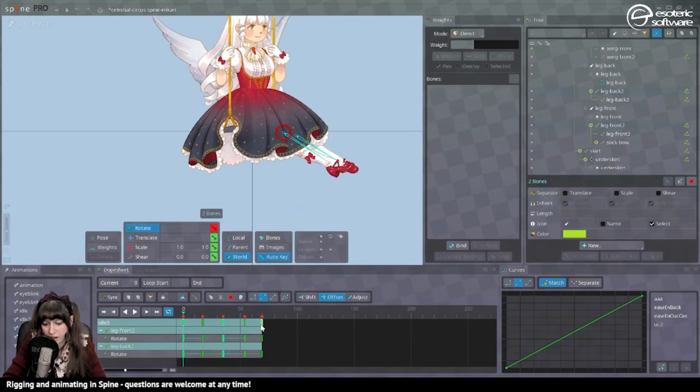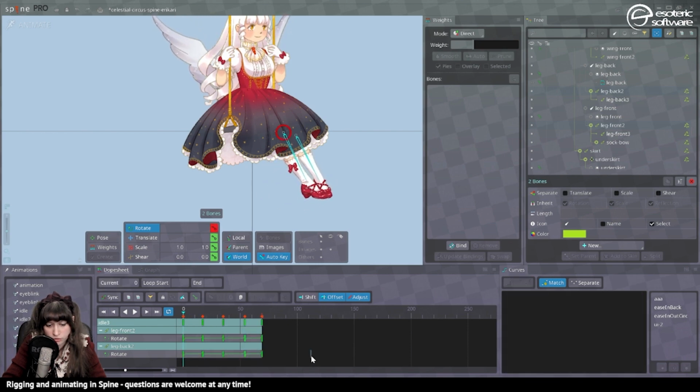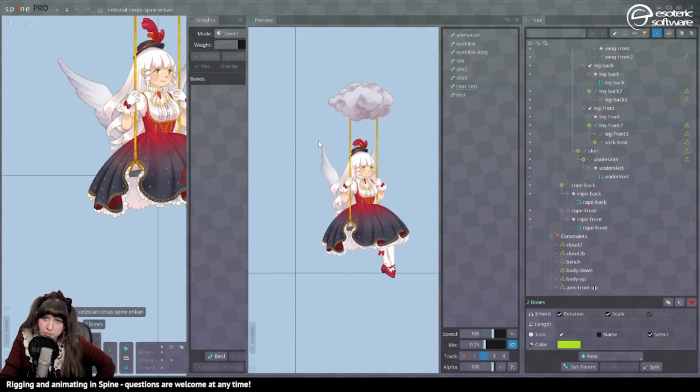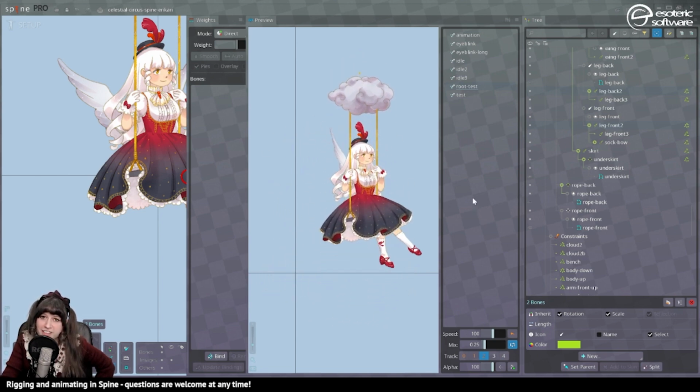Maybe I get the feet to move a little less than that though. When they are up, I think they should be less up. So I'm selecting all of these keys, adjusting, and then I'll get them to be less, maybe 45 degrees. So they still move, but not as much. Okay, apply curves, offset the second one like this. Okay, maybe I'll come up with some other animation, but as far as the rigging part goes, this is it